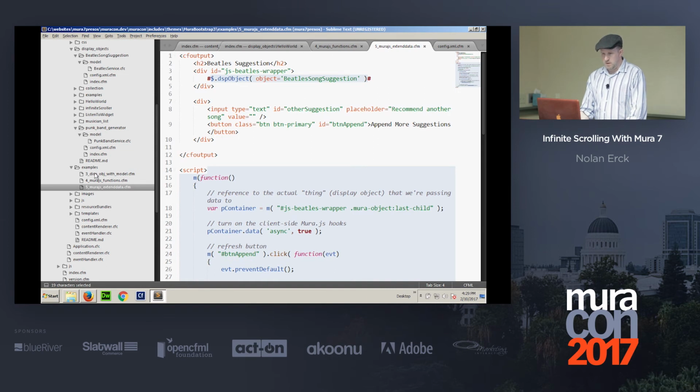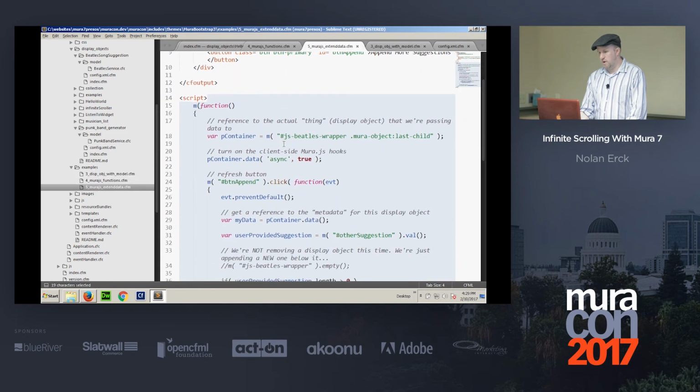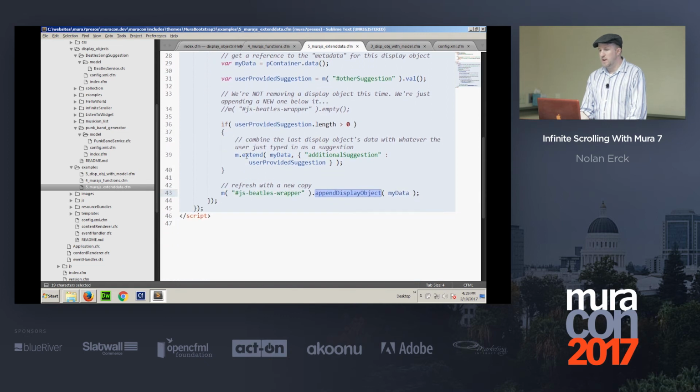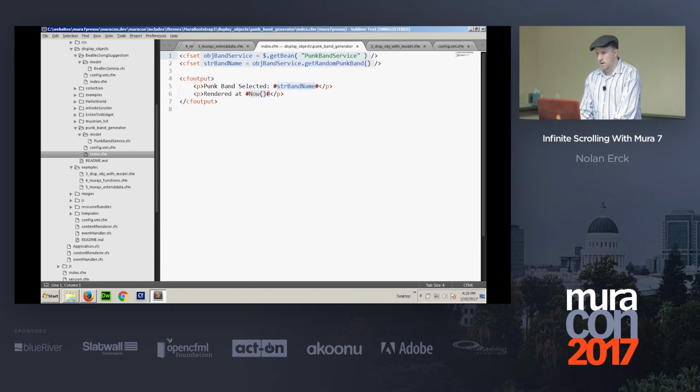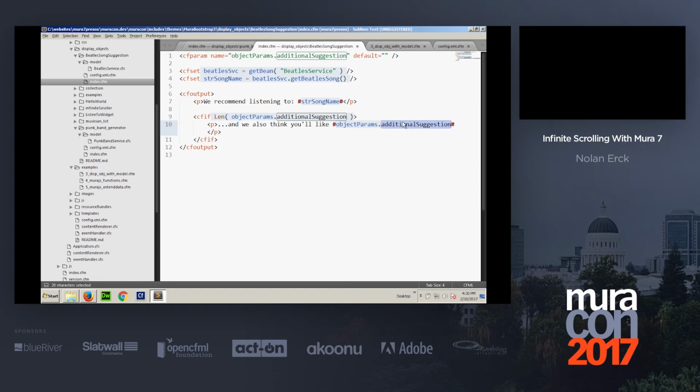both from the server side, and we can also do it from the client side by just setting different parameters in JavaScript, using that extend attribute and passing values for specific properties into that object param, or creating them in this structure here, and they automatically get added to your object params structure when this runs and creates a new instance of the display object for you. And then inside your display objects, you just say object params dot, not that one, this one. You say object params dot whatever the thing is, and as long as that property name matches